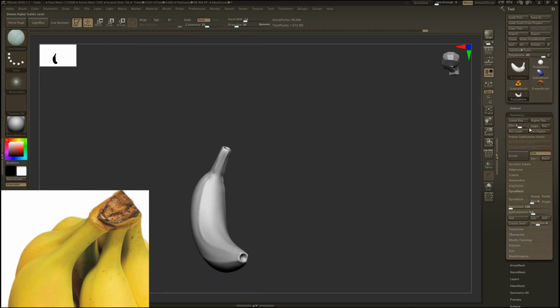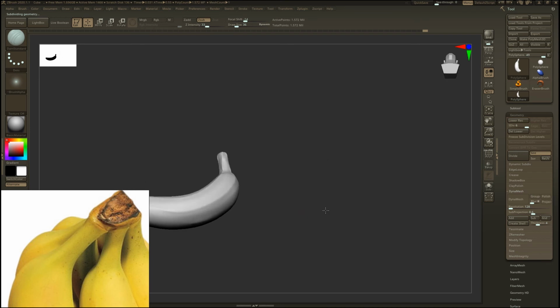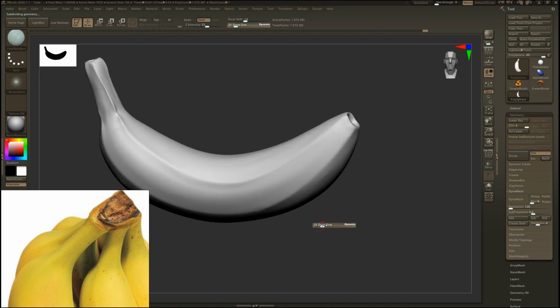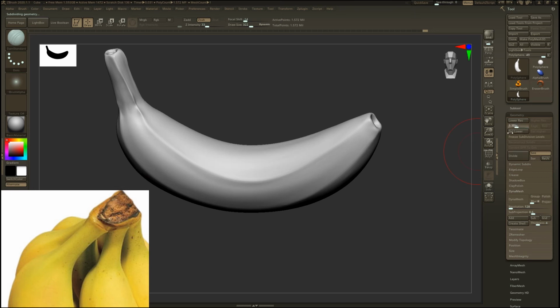Now going to a higher subdivision. It's looking harsher, so smoothing it out too.